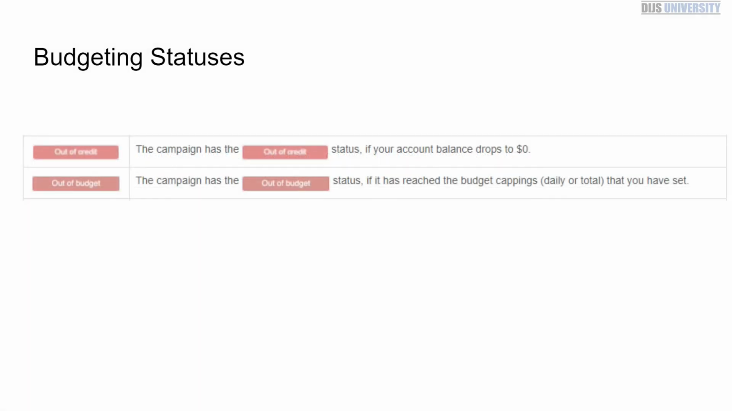Now, there are additional campaign statuses that are extremely important. Day parting. There are going to be situations where your campaign may not be running because it's a particular time of day that you have indicated in your settings that you do not want your ad to be displayed. So when your campaign is paused for that reason,